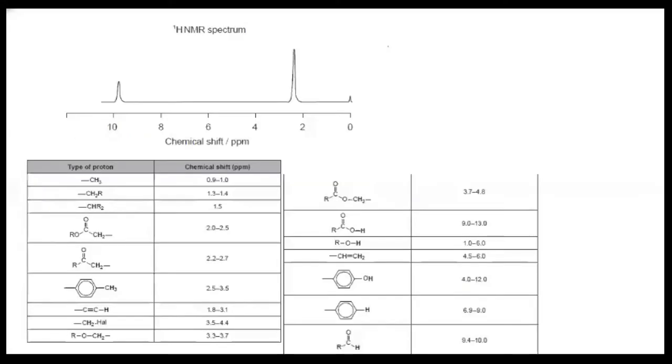Here is the H1 NMR spectrum for the compound. The H1 NMR spectrum is used to identify how the functional groups are connected, or the hydrogen environment. From the IR spectrum, we have already partially come to the conclusion that it is compound B. Now we are going to reconfirm it with H1 NMR also.